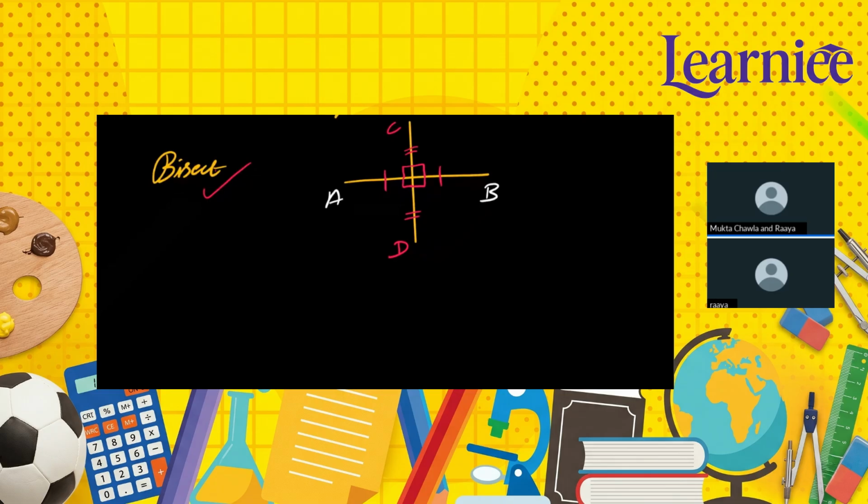So what do we need to prove now? We need to prove that the given figure is a square. And first, what we were discussing: how we got to know that it is not a rhombus, it is a square. This is the basic difference between a rhombus and a square.